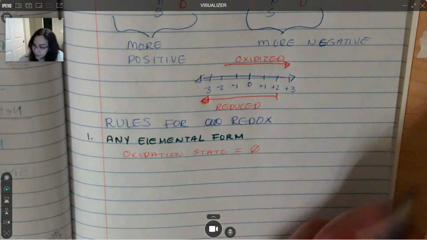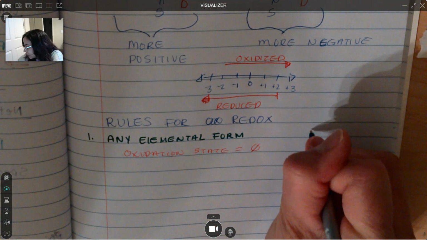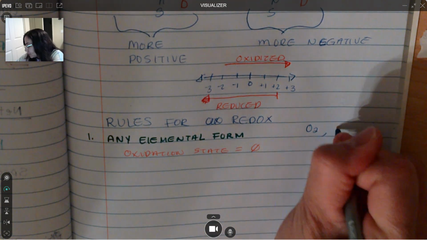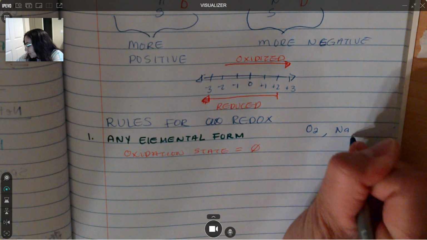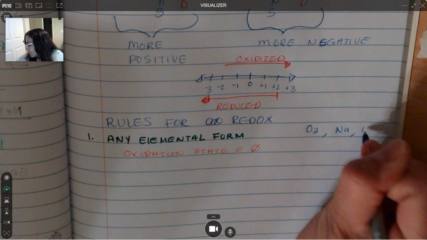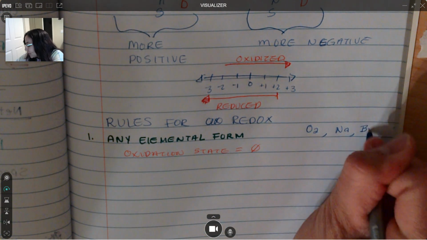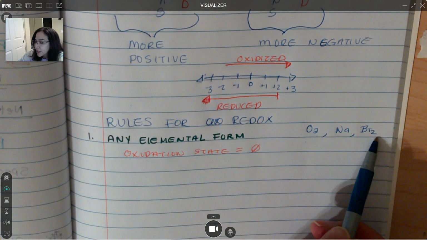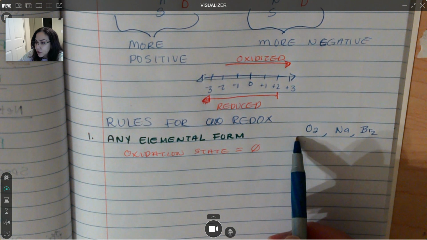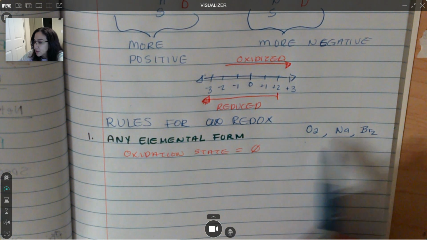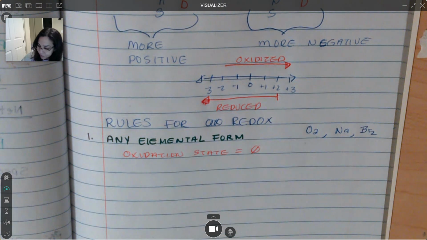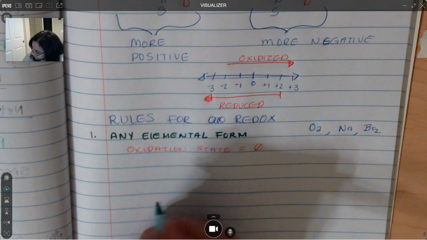So the examples we have are oxygen by itself, sodium metal by itself, bromine by itself. Even though two of them are diatomic, they're still an elemental form. That means it's just that single element. They're going to get an oxidation state of 0. Number 2,